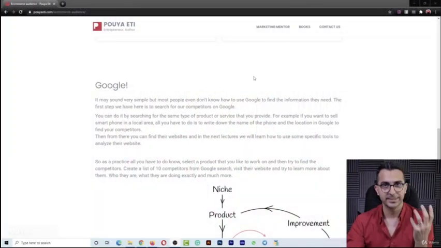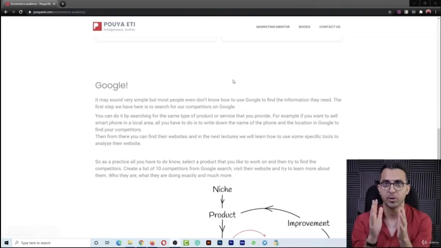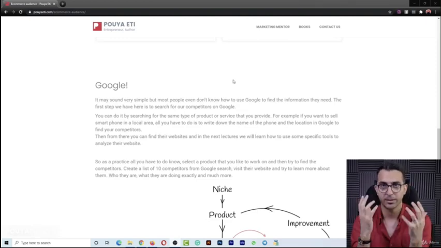All right, welcome to the next part where we are going to talk about how we can get to our competitors, how we can gather more information about them. So the first thing that you can do is to use Google. Go on Google. For example, I want to sell a product. You know the name, I mean the type of the